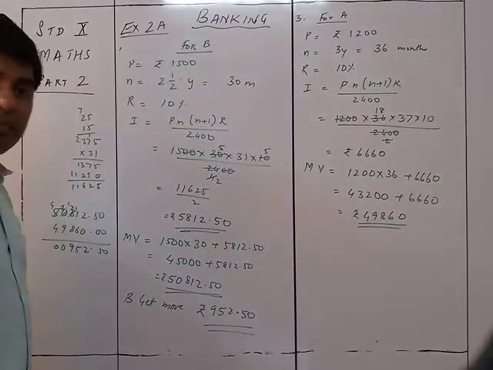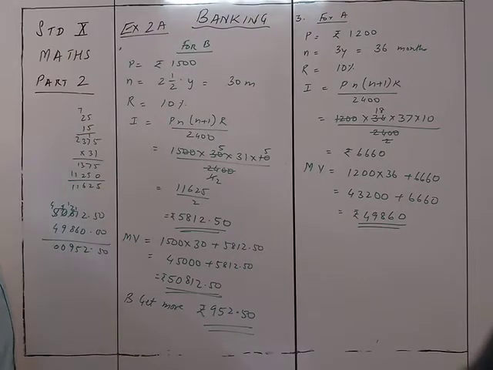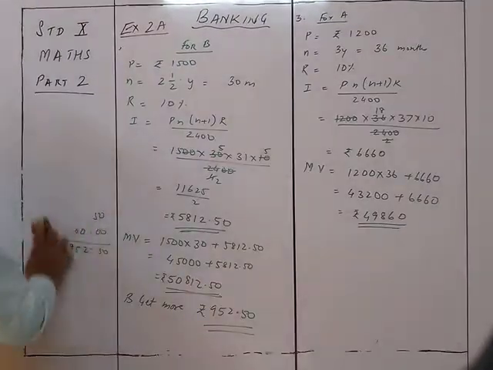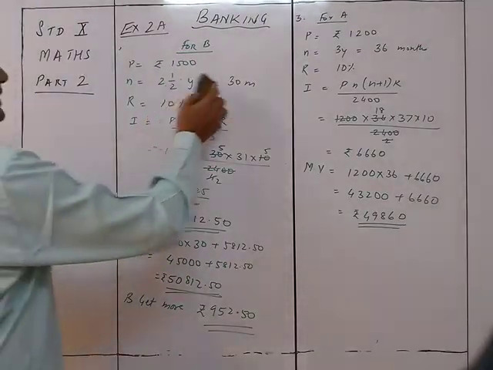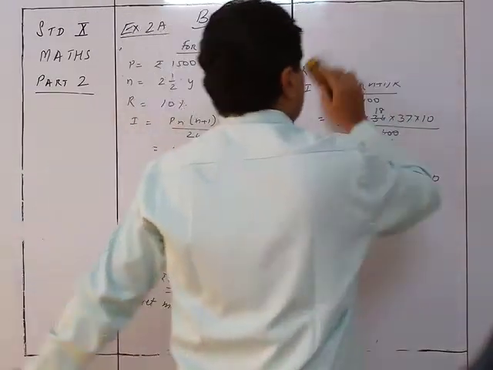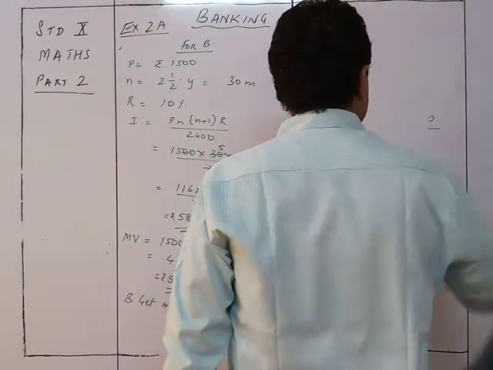We move on to sum number 5. You can see the calculation is also not so difficult, easily done. So as I said, it's an easy chapter. We now move on to sum number 5.